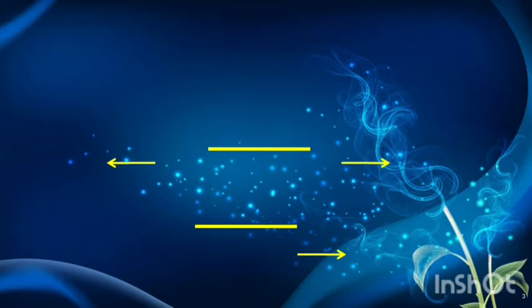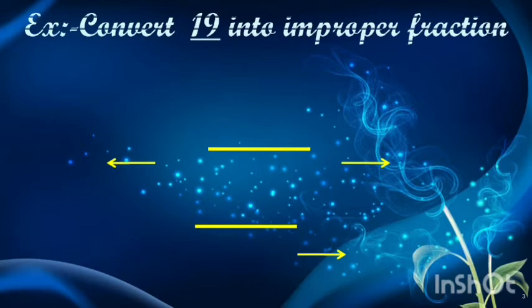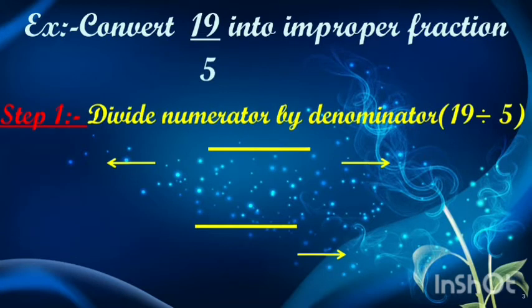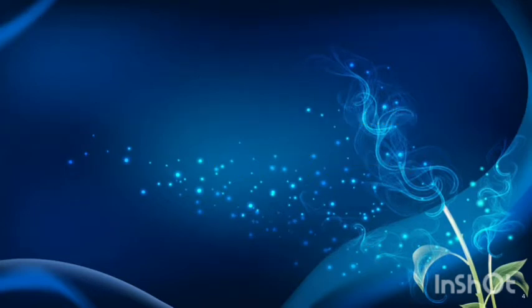For this purpose, we will move step by step. Our first step is to divide the numerator by the denominator. Since here our numerator is 19 and denominator is 5, we will be dividing 19 by 5. Let's start the division. 5 3s are 15. So, we will write 15 just below 19 and subtract. Our answer will be 4. So, in this division sum, our quotient is 3, our remainder is 4 and our divisor is 5.